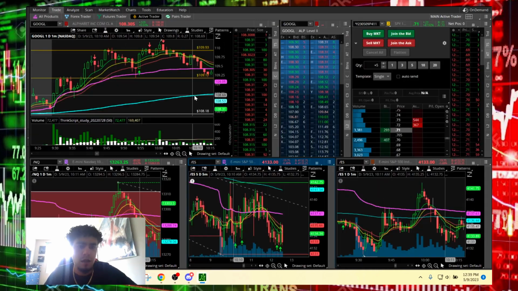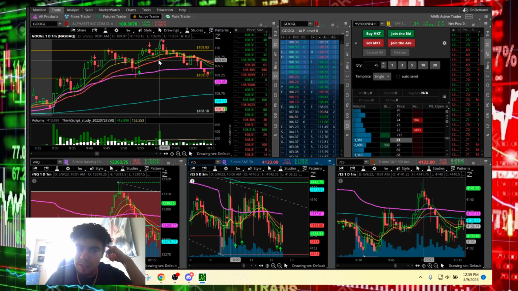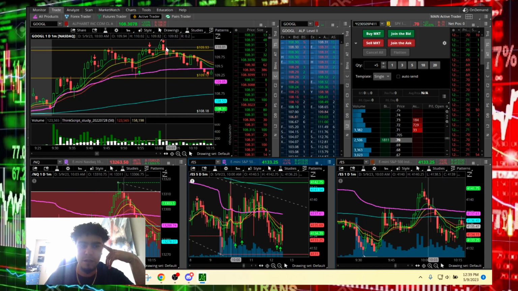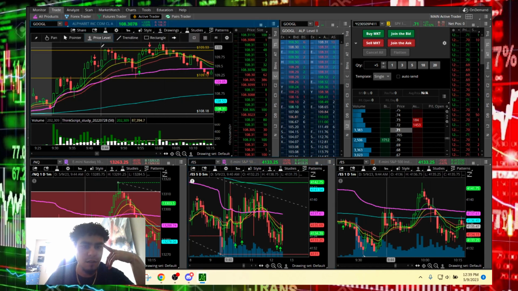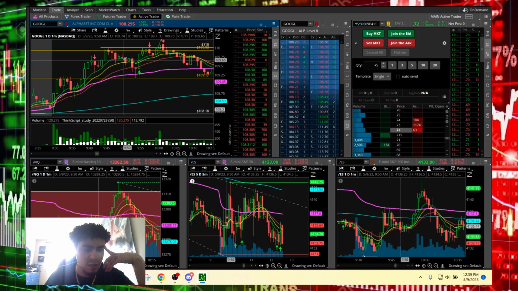So futures correlation is pretty much, let's say I'm looking at calls on Google for this 110 break. I'll just chart that real quick. 110 is right there. You can see that Google,